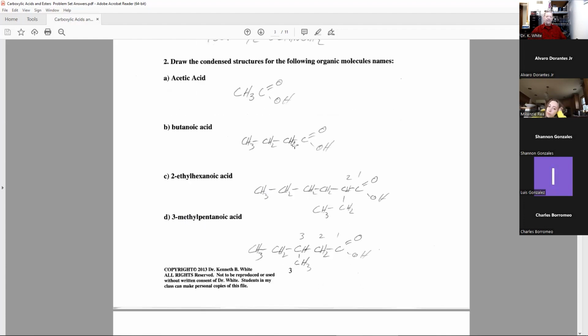All right, now, another nomenclature question is draw the condensed structures for the following organic molecule names. And here you have to know both common and IUPAC. And here, acetic acid, which nobody calls ethanoic acid, is that structure. Speaking of which,